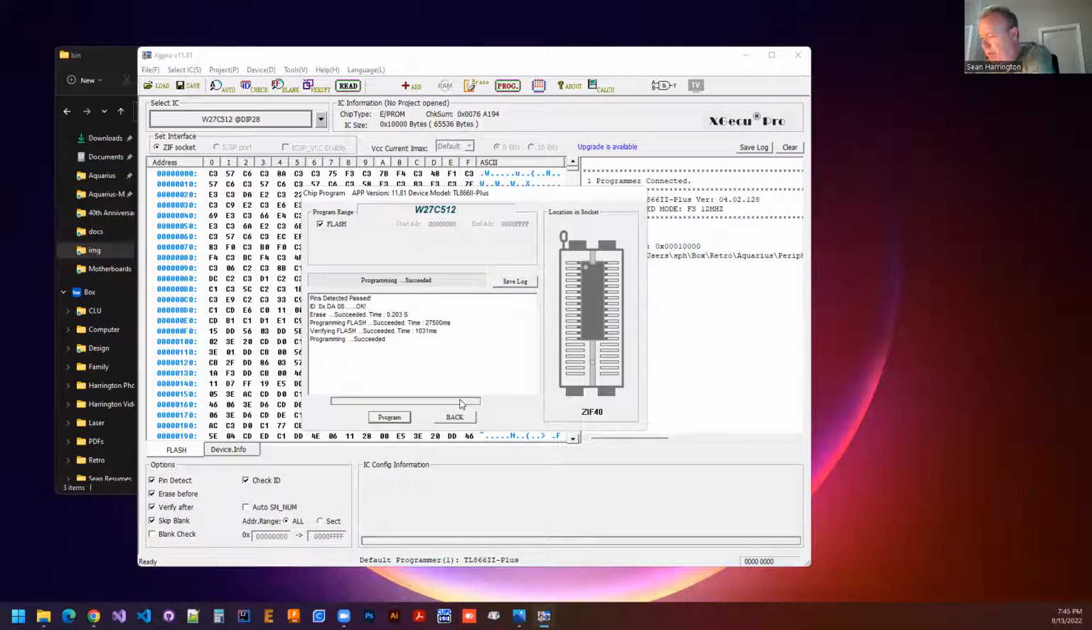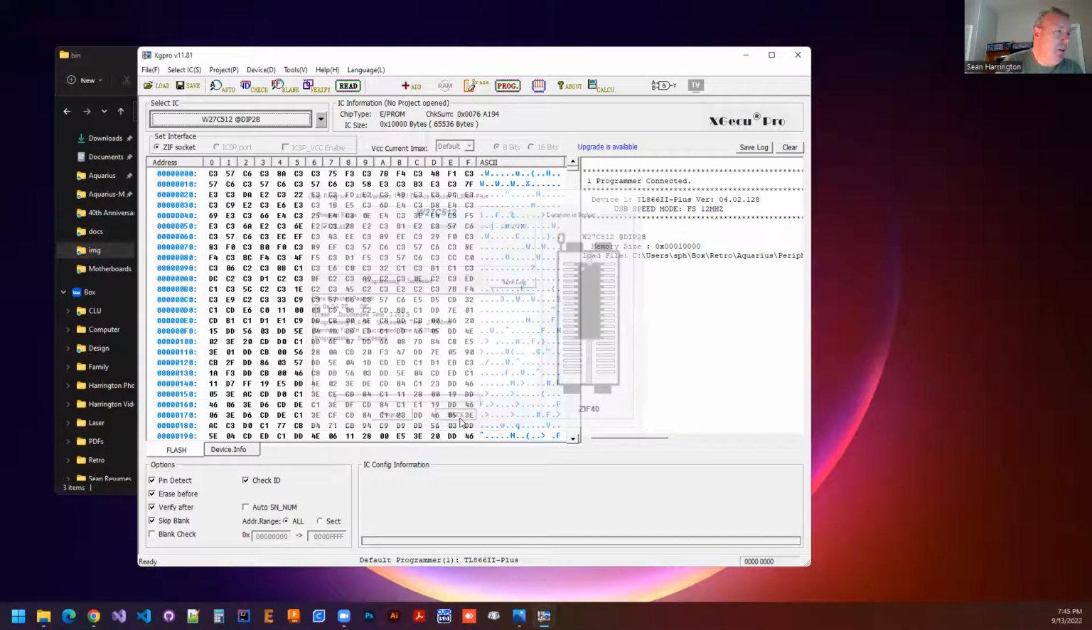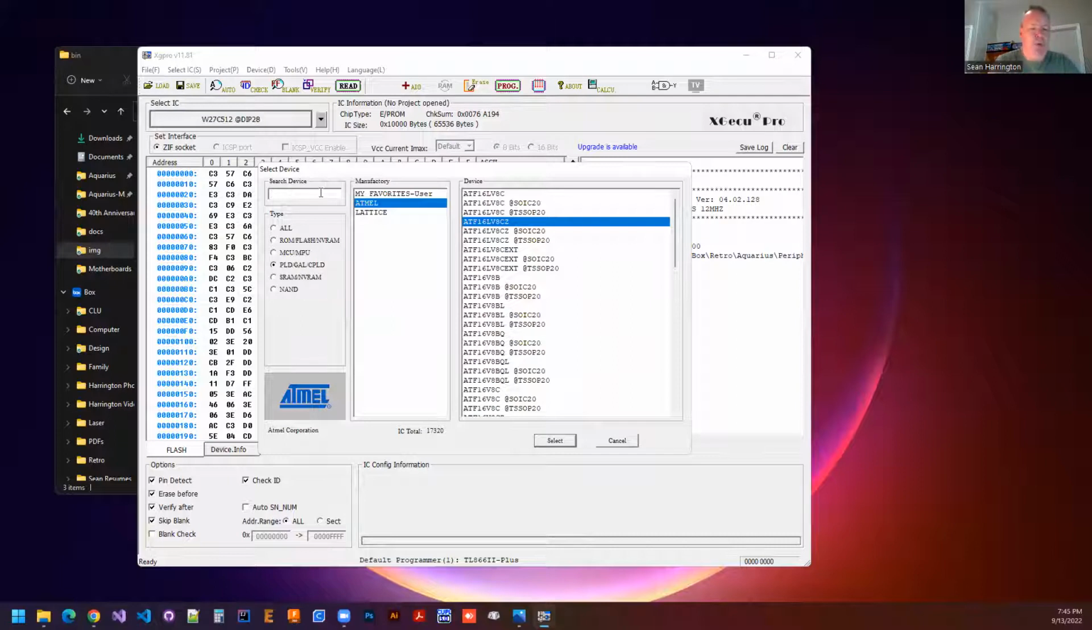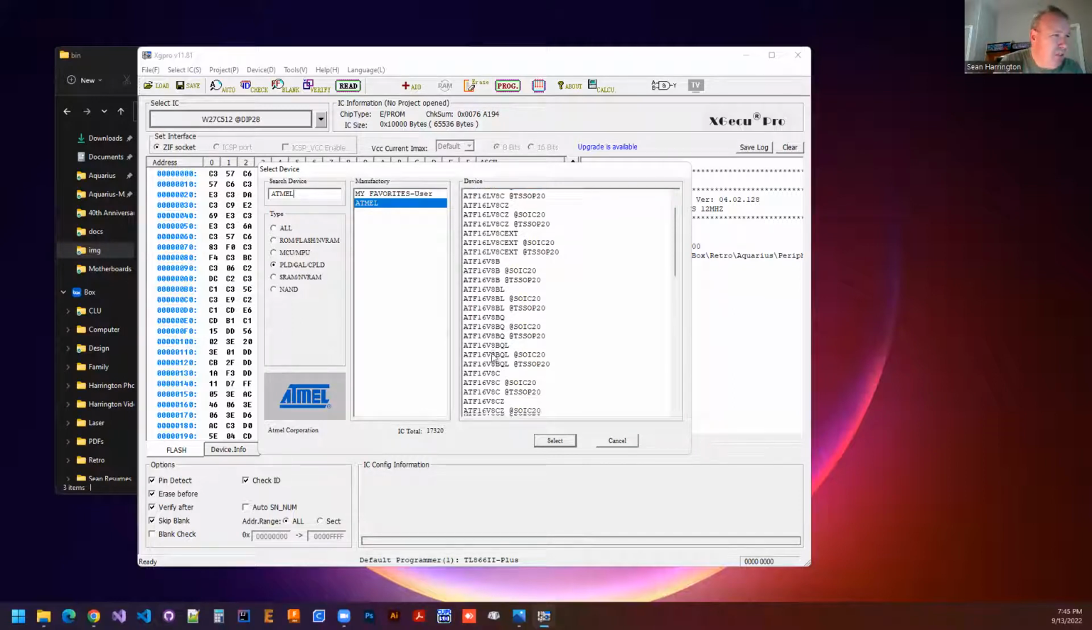Now what we're going to do is program the AY GAL. The process is basically the same. From this list, oh, I forgot, I'm going to go back on this. We are going to click here, and now we're going to look for ATMEL, A-T-M-E-L. And the device we're looking for is an AT-F16V C. So that is right here,